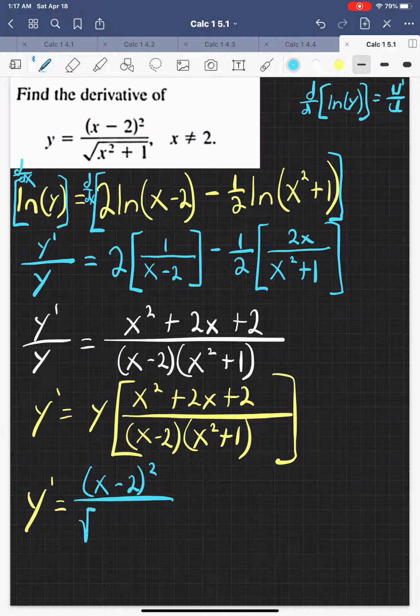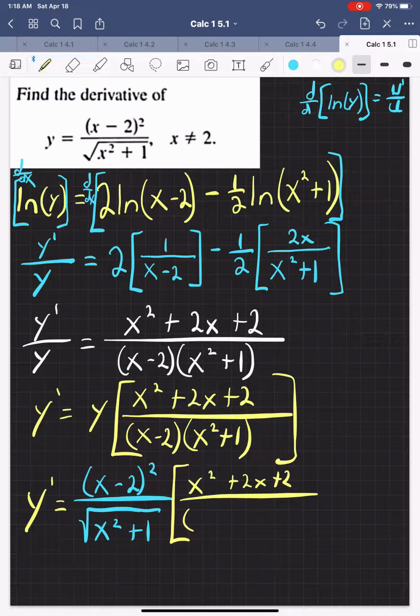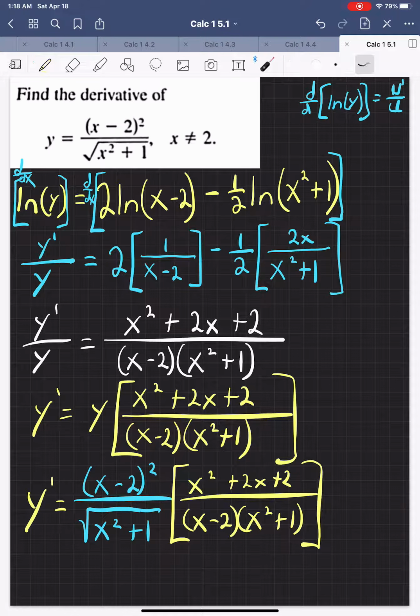All right. Now, does this simplify any more? Maybe. Am I going to simplify it any more? No. If you had another professor, would they make you simplify it more? Maybe. But we have done our job. This is the derivative. Just so you know, there are many benefits to simplifying your answer,